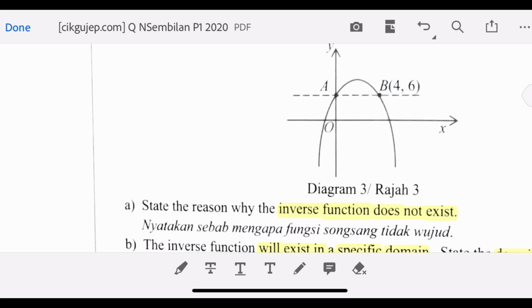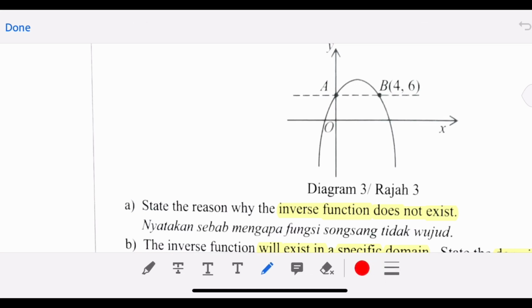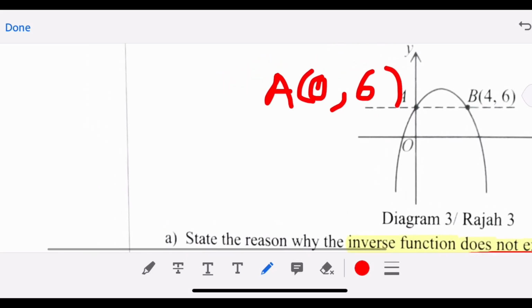So now let's revise back your previous function and relation lesson. Still remember when you studied relation, you actually learned the types of relation? How many types of relation do you have? Later we will go to the types of relation. Now, first step, you label the point A. Point A is (0, 6) first, which is on the